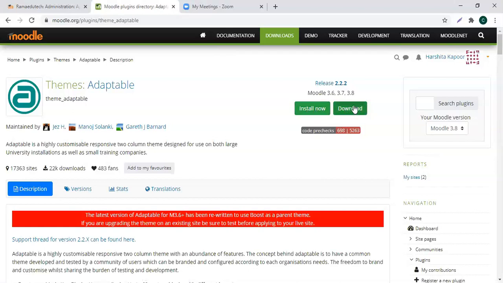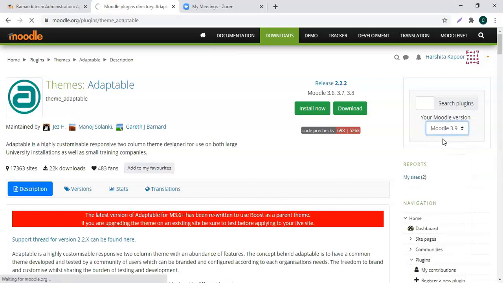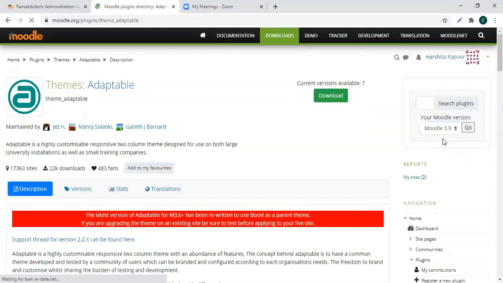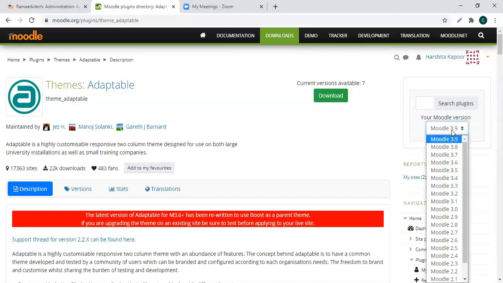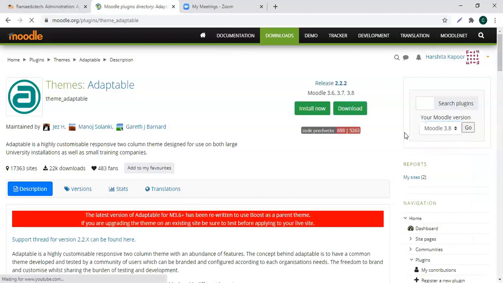But there's no 3.9 there. Yes, there is no 3.9. Now here is where you check the Moodle version. Okay, Moodle 3.8 or 3.9. But ours is 3.9. Yes, yours is 3.9, and I think everybody is on 3.9, because 3.9 is the latest version. But I believe it is going to work on 3.9 also.